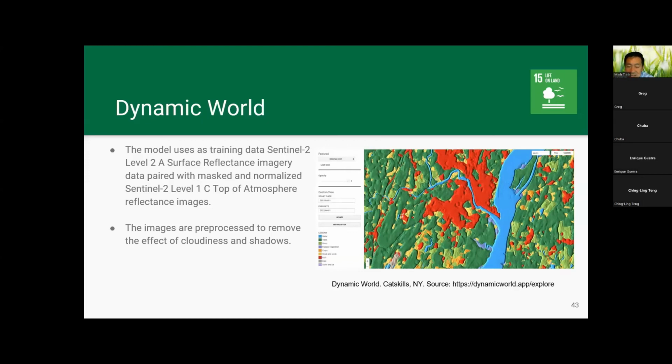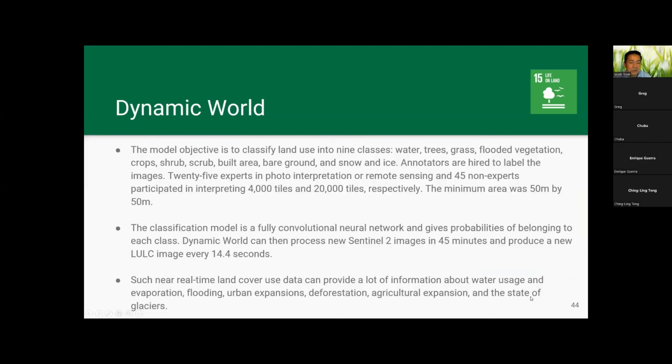If you look at the polar poles, you see the disappearance of ice, which is a big concern. You can monitor it in real time, which is remarkable, right? You can see week after week, month after month, how the snow cap is disappearing, right? So you can do it for free on Dynamic World, right?